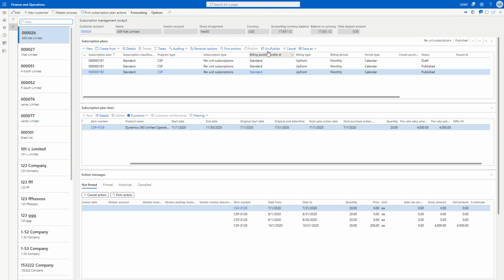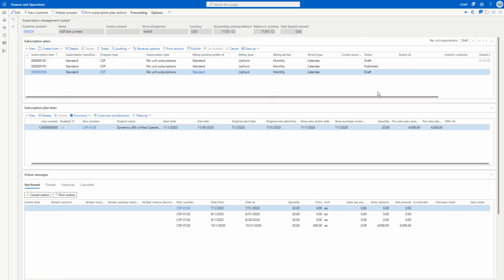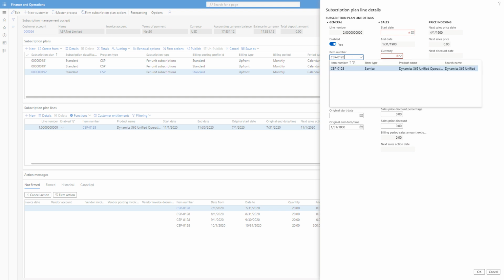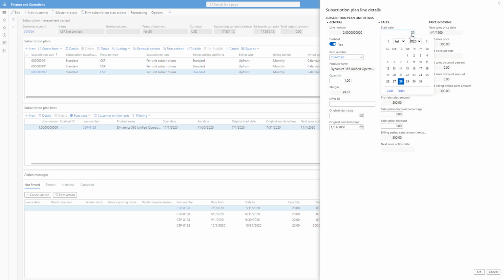It is worth also mentioning that if I let me just unpublish this. If I do a new item, like before, I forgot to mention that there's a tab here called price indexing, which is only shown when price indexing is enabled on the subscription plan, which tells me when the next sales price is going to kick in and what's the new sales price. And same applies for the discounts. Speaking of discounts,